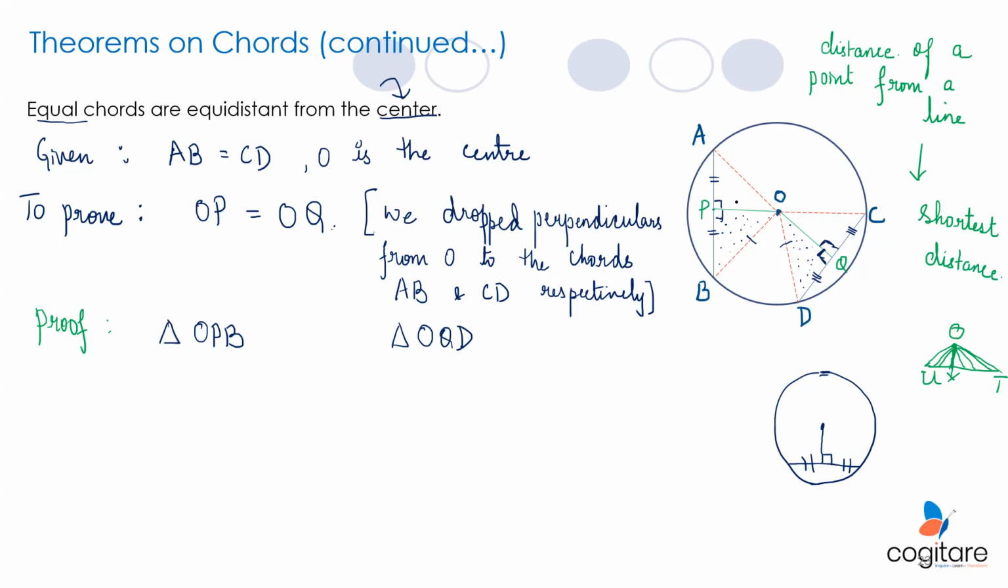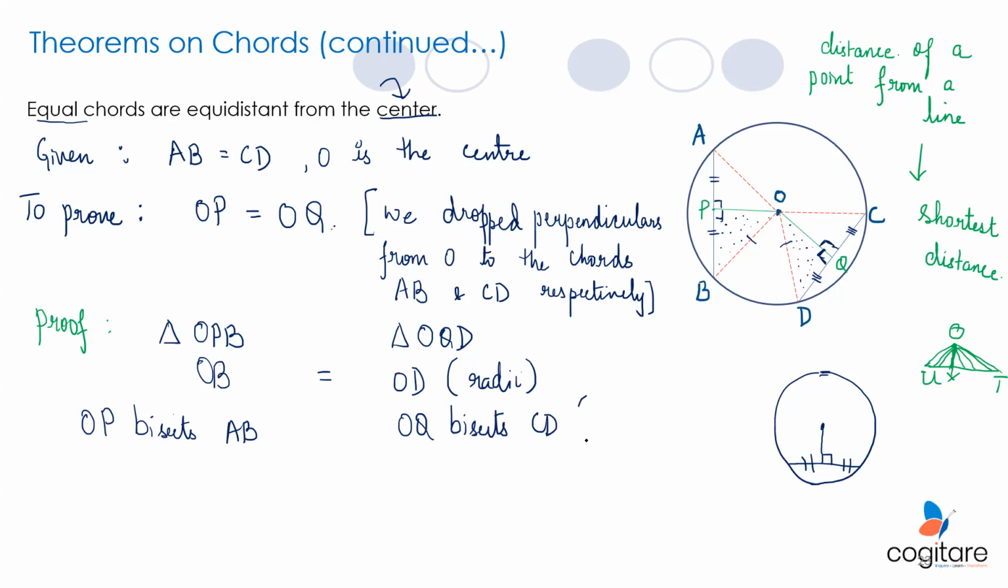At the end of the day, it's just bisecting the individual chords. From there, let's see how OP becomes equal to OQ. Let's just list everything down. So in these two triangles, we see OB is equal to OD because they are the radii. And we see that the line OP bisects AB and the line OQ bisects the chord CD. What is the reason for both, guys? I'll just use an 'and' here. The reason is that a line